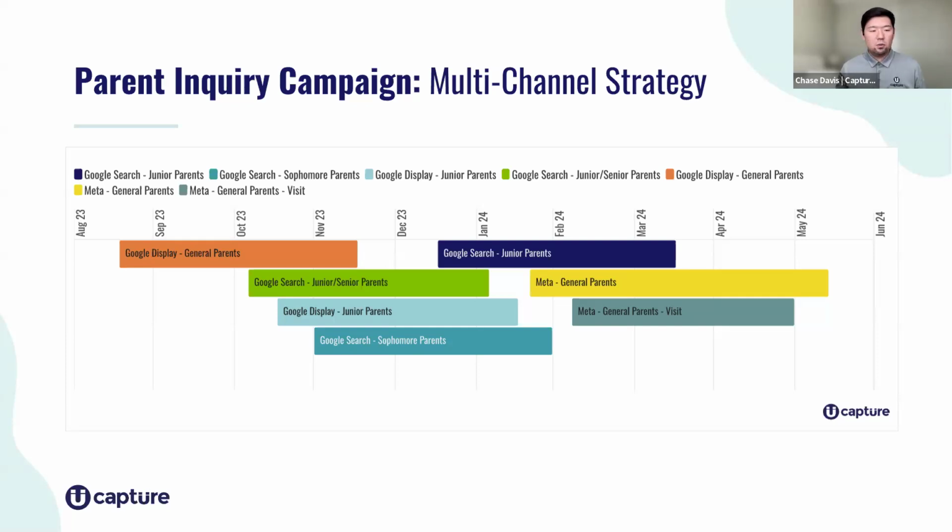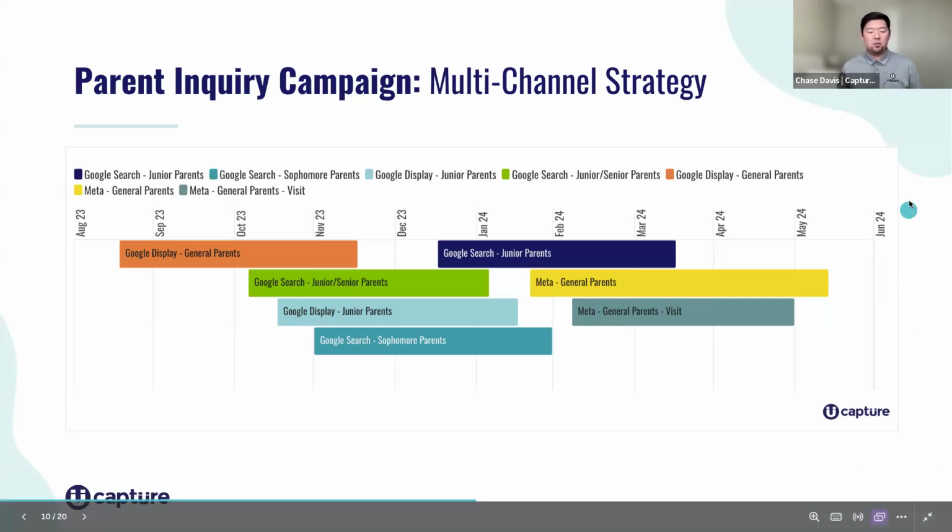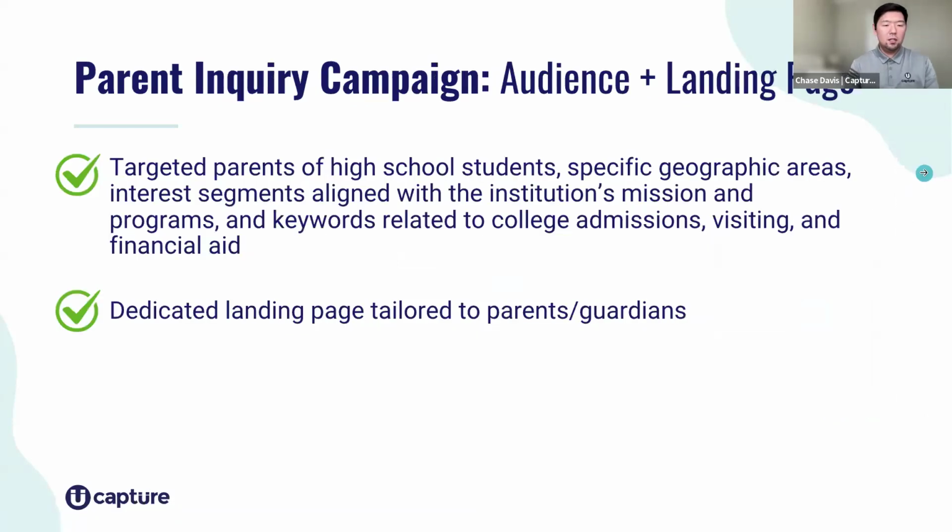So this is where we start with the timeline. And this was the key strategy here in terms of how do we run the channels and who do our audiences need to be. So if we'll go on to the next stage here, we talked a little bit about relevant content, but we're also going to want to make sure that that content is actually targeting the correct audience. For this particular 8 or 9 month long campaign, we are looking at parents or folks, guardians, or anybody else who is in an age range who is likely to have a child or be the guardian of a child who's maybe 15, 16, or 17 years old, or potentially high school counselors, guidance counselors that are also in a similar age range who might be able to influence that particular student.